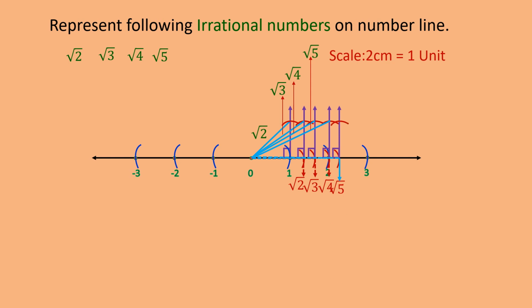Clear? On root 5 we have drawn a perpendicular, so we can take an arc there of 1 unit, and this will become root 6. Clear? So you can keep on going. I hope it is clear to you how to draw root 2, root 3, root 4, root 5, root 6 and so on on the number line. In the same way to the left side, minus root 2, minus root 3, minus root 4, minus root 5, minus root 6. In case you want to take some binomials, you will learn how to do that in a higher class.